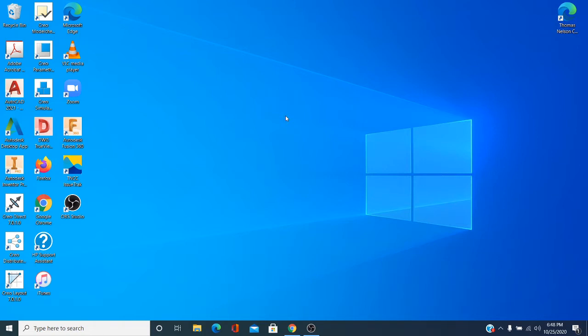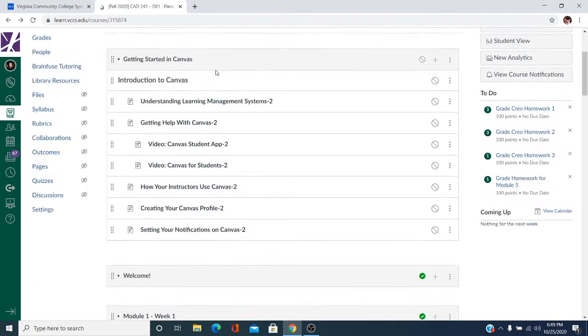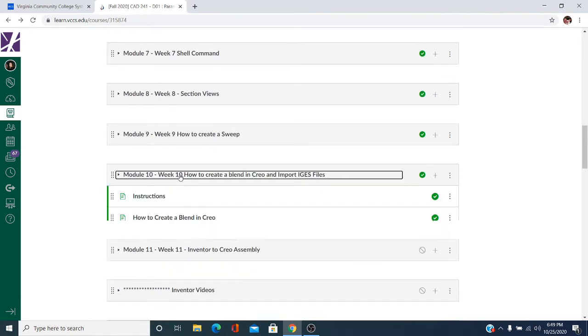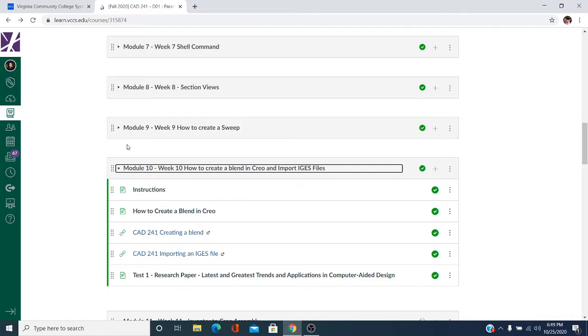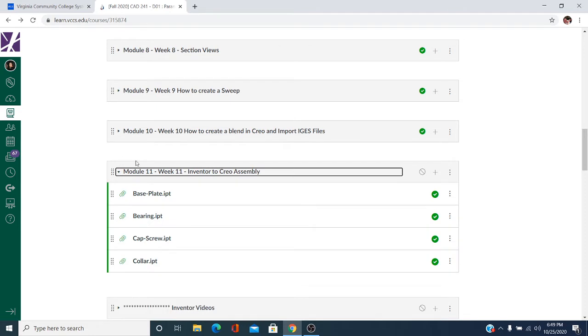Okay, so I'm going to go over to Canvas. In Canvas, go ahead and log in and go to CAD 241 and come down to Module 11. We're going to go from Inventor to Creo. What you see here are IPT files that I've already provided for you. So we're going to open these up